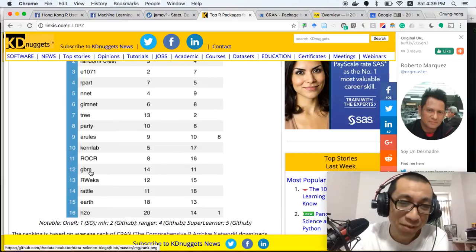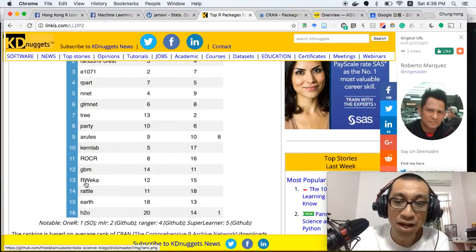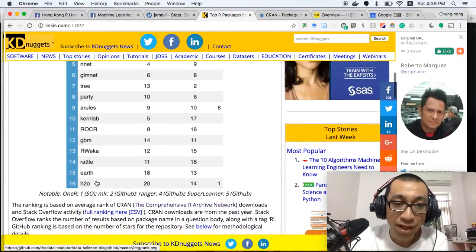And also RWeka, which is a machine learning library for Java, and we have the R bindings to that Java library. And most